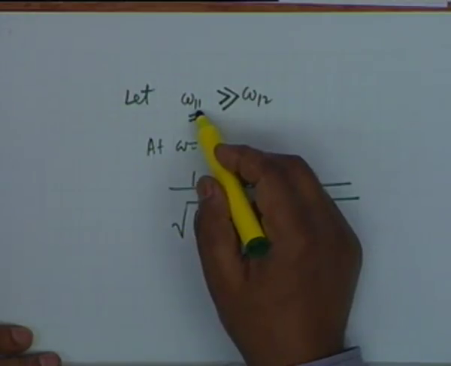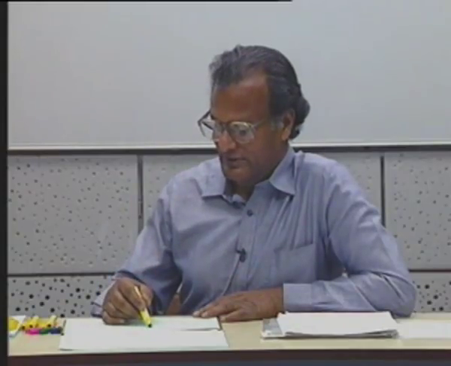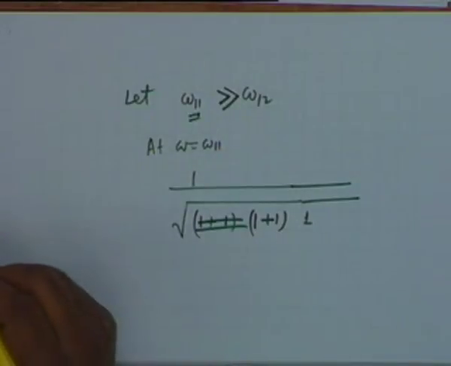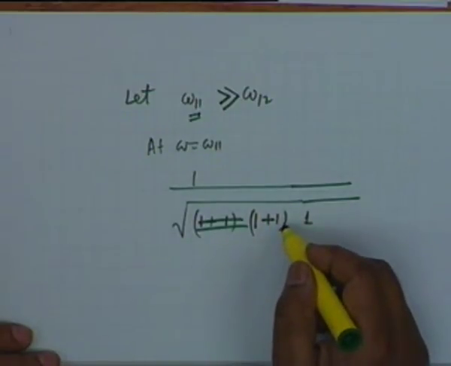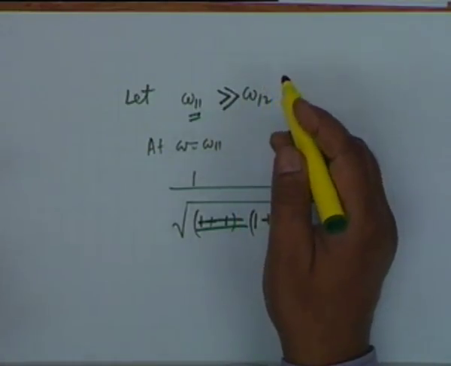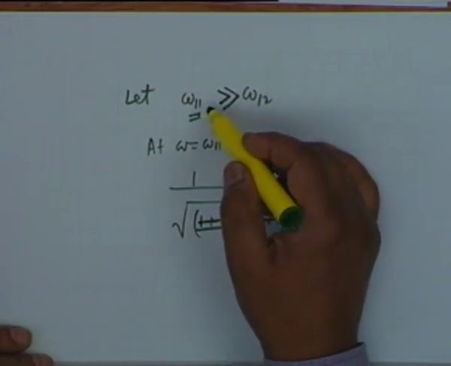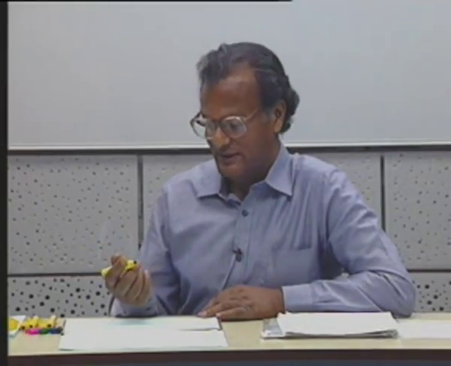If one of them is much greater than the other, I will come to what is much greater a little later. If one of them is much greater than the other, then the greater one determines the low frequency cutoff. Now, how much greater? In practice, 3 times is good enough, because the quantities involved here are not omega 1 1, but omega 1 1 squared. All right. So, if one is 3 times the other, 3.3 times approximately, then the squares shall be 1 order of magnitude apart, and therefore 3 times greater is good enough.